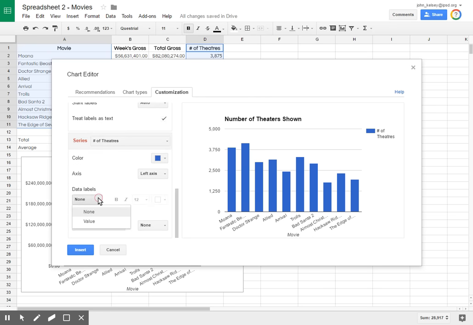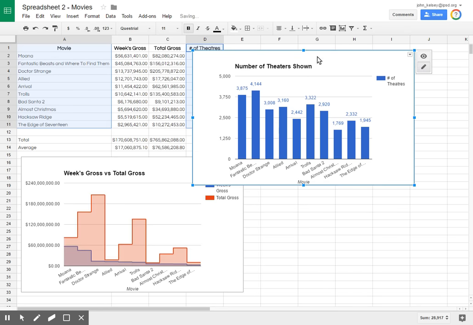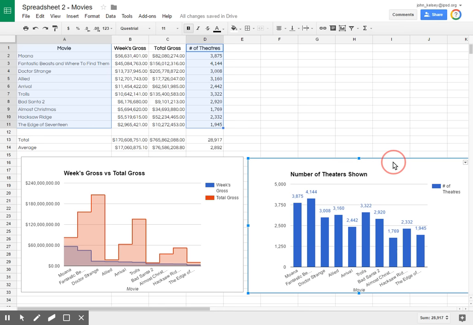There we go. I could do data labels. If I want to add data labels to the top, that actually adds kind of a nice little extra feature so I can actually read these. And then continue to customize this as it needs to be. Again, I'm going to click it. Going to include it over here on the right. It doesn't actually matter if this is going to print, since we're going to turn this in electronically.